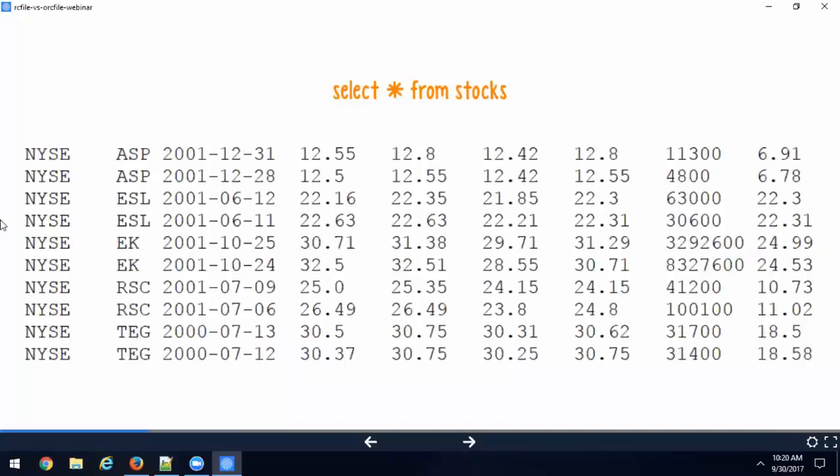So select star from stocks is going to give you an optimum result. This format is called row major, because we are storing the data on the disk row by row, one row after the other, sequentially.